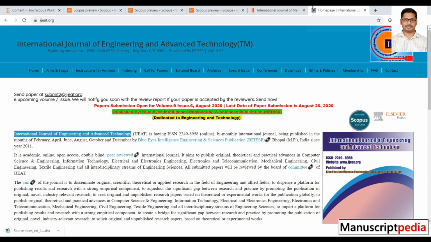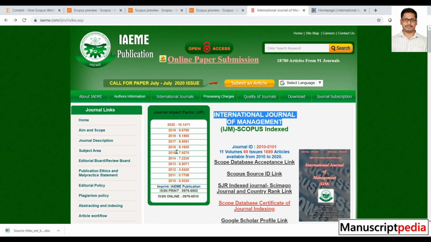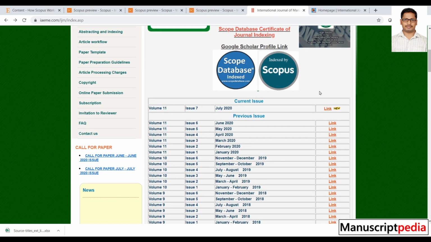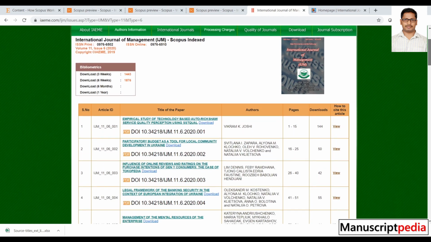As I said earlier, you can go to Scopus Preview, Scopus source list, download all the journals, and search by the title of the journal or by ISSN number. Sometimes, if you don't find the print or online ISSN, go to the archives of the journal and open the earlier published articles.